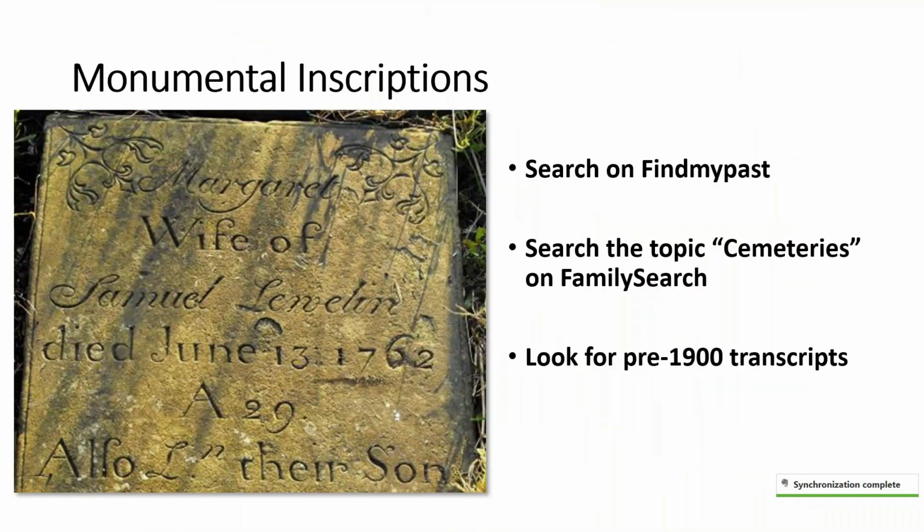So monumental inscriptions are one of my favorite records. I don't think they are used often enough. You can get some on Find My Past. The Family History Library has gathered a lot of these that have been recorded. Local family history societies have worked hard to document these, but there's still a lot that they haven't done. The Church of England Parish Church, where this particular stone was found, those have not been published by the local family history society yet. And so you may have to do a little bit of searching,